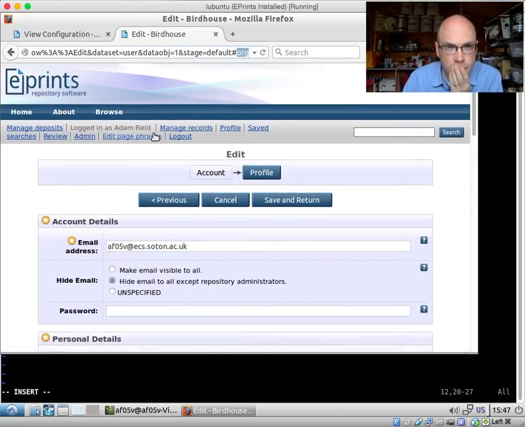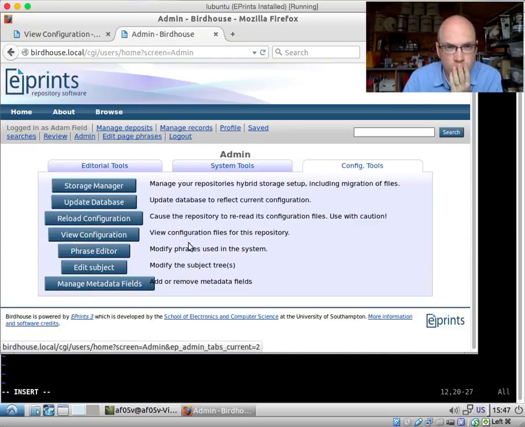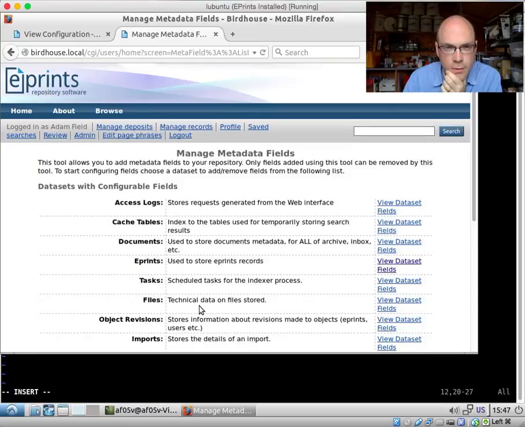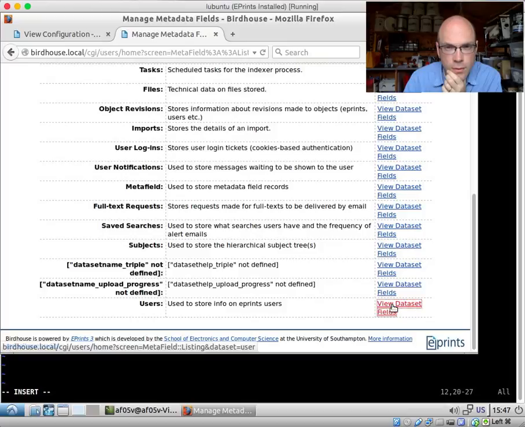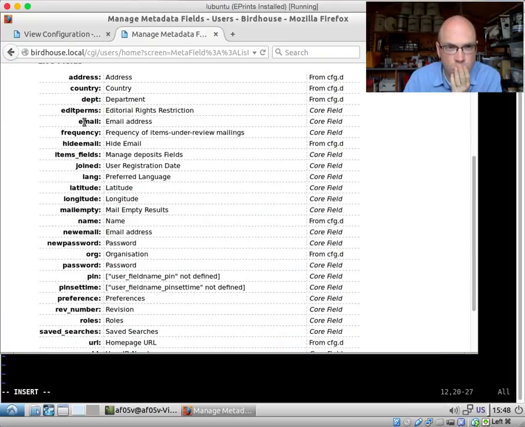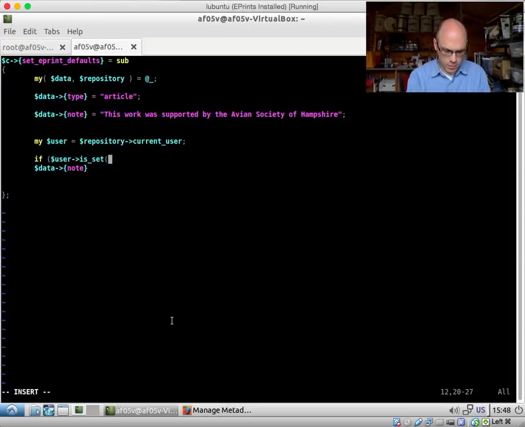But let's check. On the user object, organization org, yeah. So if the organization is set, what we'll do is we will change the default value to the depositor was affiliated with